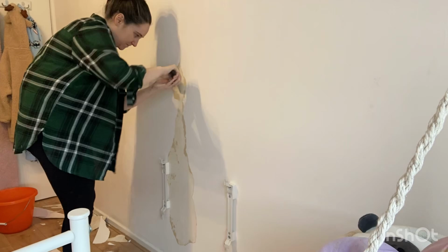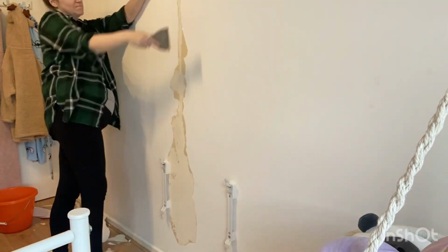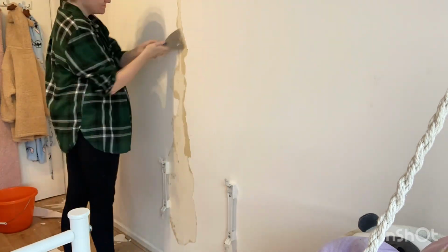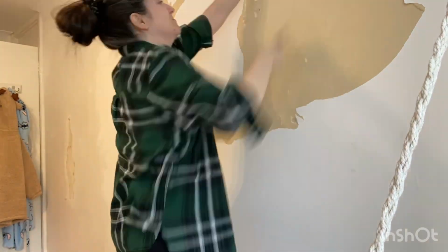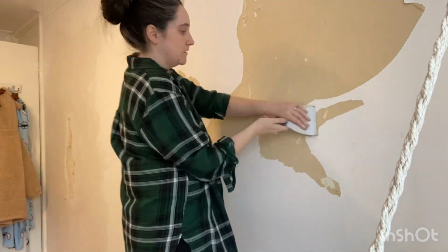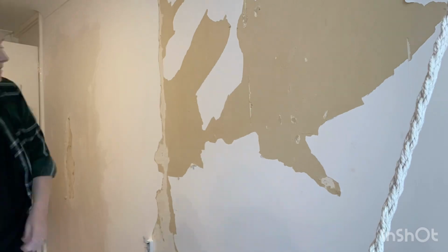And there was literally no resting for me today, guys, because it was then time for me to tackle the other wall. And this wall wasn't as bad, I have to say. The other wall was just an absolute nightmare. It took me forever to completely skim that wall back to concrete. This one wasn't as bad because we didn't have to chisel off any paint or anything like that. We didn't have to get it back to the bare concrete. We were just literally ripping off this lining paper so that it's nice and smooth and ready for us to